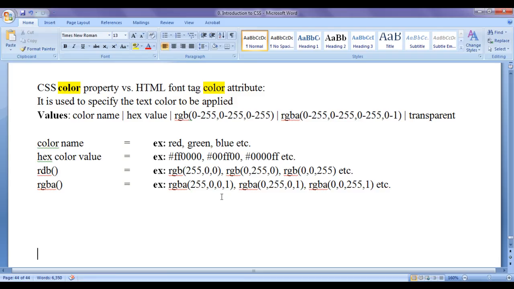In this video tutorial, I would like to discuss CSS color property versus HTML color attribute. CSS color property and HTML color attribute are used to specify the text color to be applied to content of HTML element. Various values that we can assign to CSS color property are: we can assign color name like red, green, blue, etc. We can also assign hexadecimal color value like